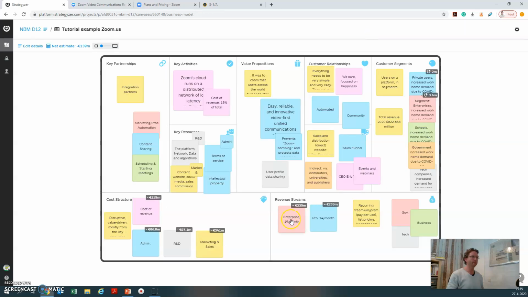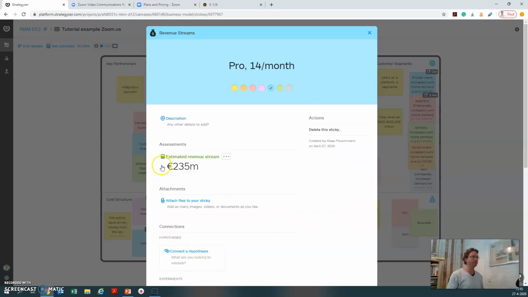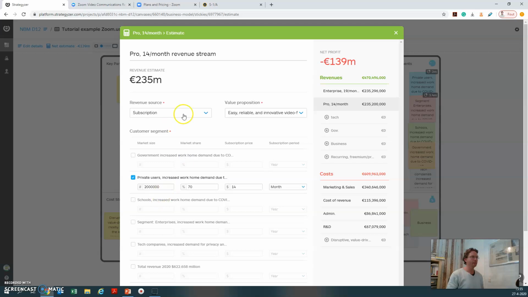Closing this down, going to the professional segment, same thing. Subscription, same value proposition, only it's a $14 a month subscription fee. It's roughly 70% of the business because I don't know the difference in tech, government, and business. So I just said, okay, 70% is part of the professional users. And I roughly assume that 2 million users are professional users. So 1/3 of the revenue comes from professional as well. So we arrive at